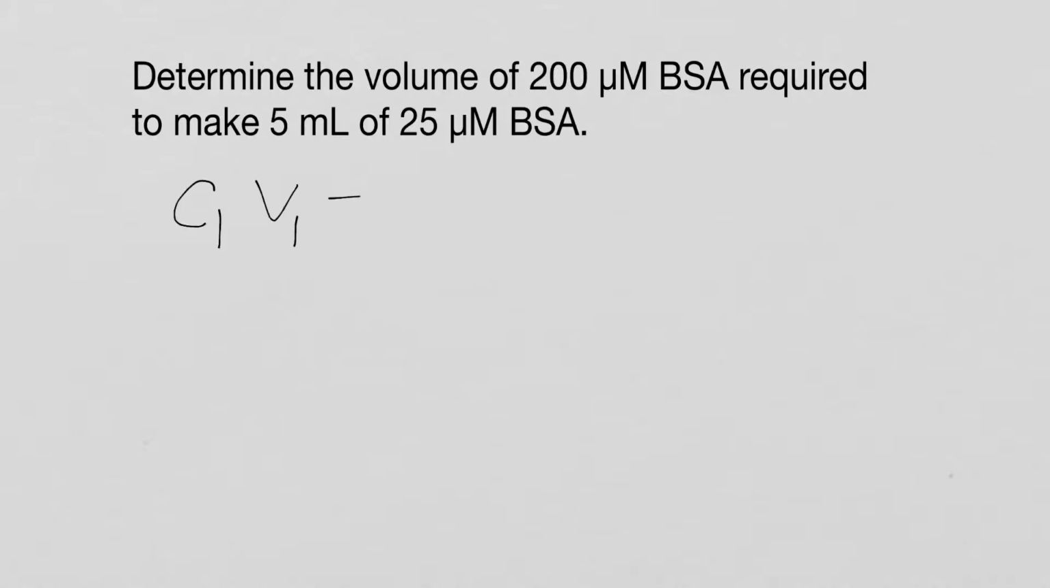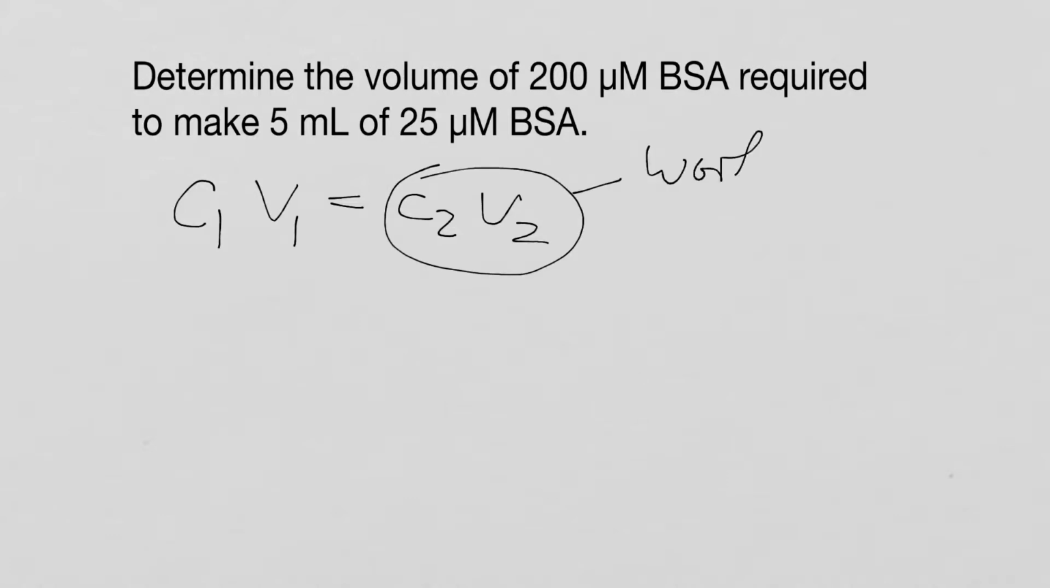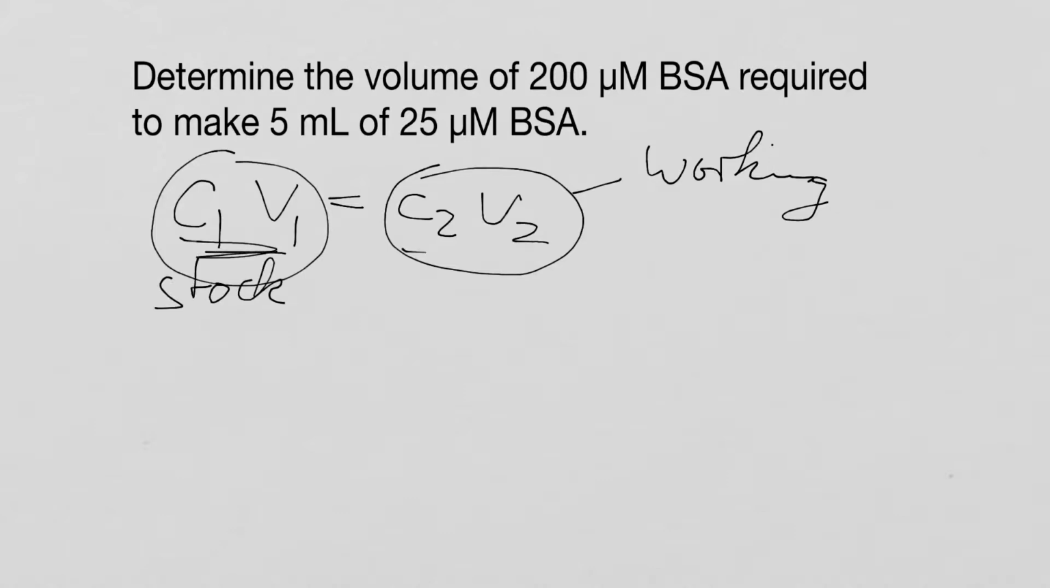Determine the volume of 200 micromolar BSA required to make 5 milliliter of a 25 micromolar solution. C1 V1 equals C2 V2. This is our working solution. This is our stock. This is what we have. This is what we want. So we just simply rearrange that. V1 equals C2 V2 divided by C1